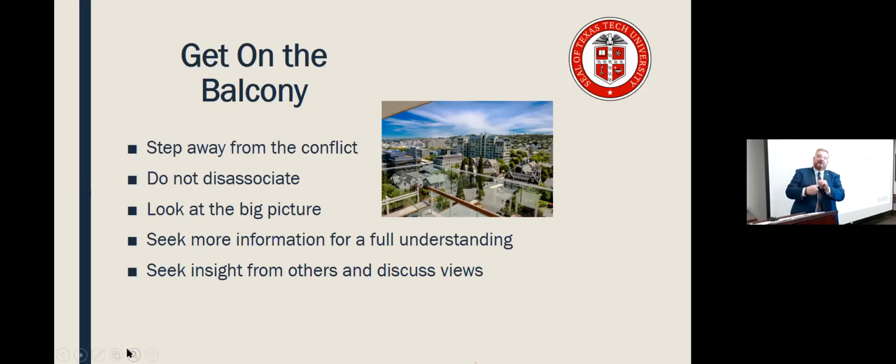As I use adaptive leadership in my work, I find that I am taking the step back even as I get to some of the later steps, that I have to go back to the balcony and I have to take a different look. And so getting on the balcony, I think, is a very powerful tool of self-reflection and just gaining that perspective from others.